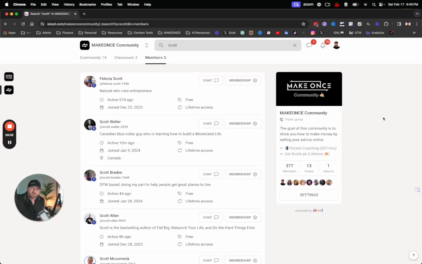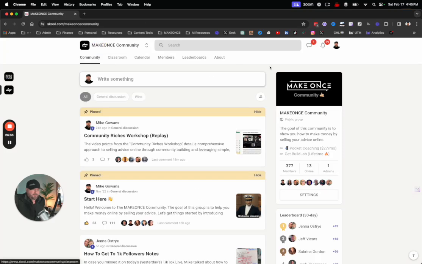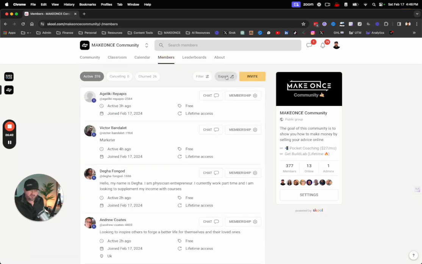It's that simple. And when people join, here's another cool thing. You know how in a funnel you get their name and email? Well, inside of your members, you can export any of these, and it kicks it out into a CSV file, and boof, you've got all your names, emails, and everything.